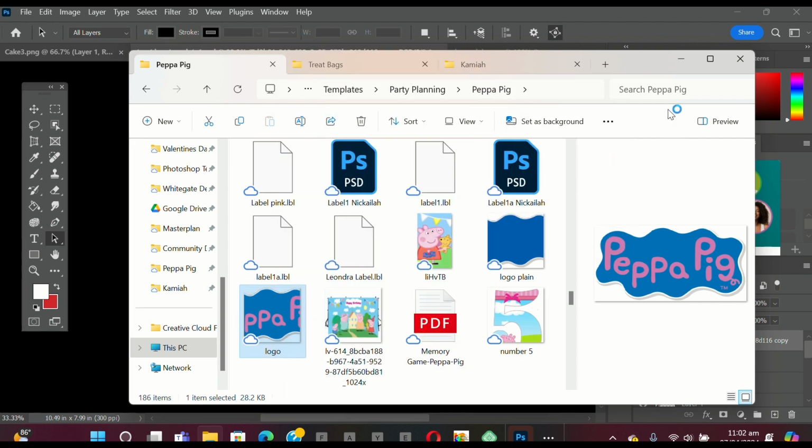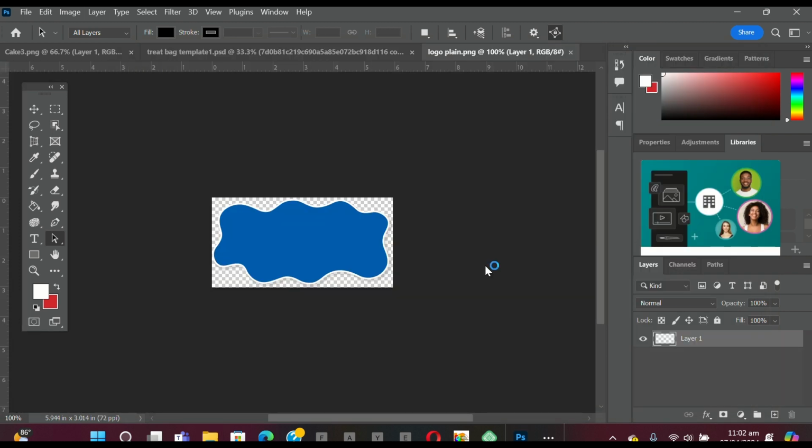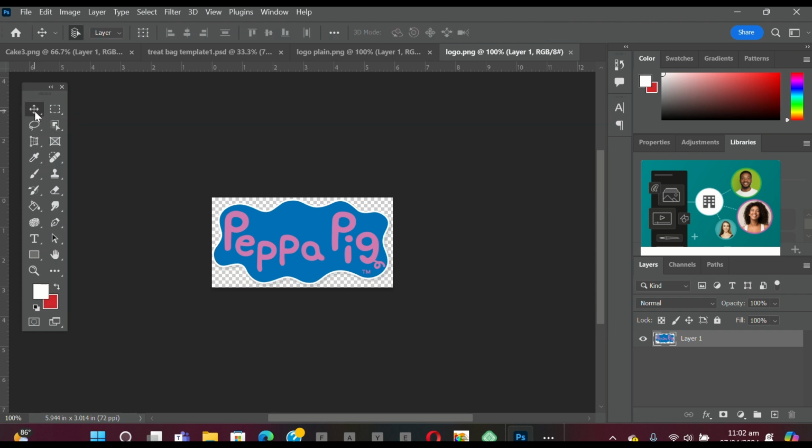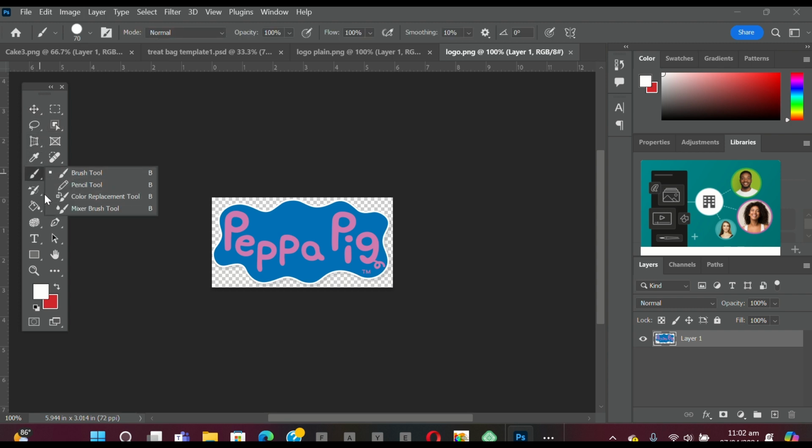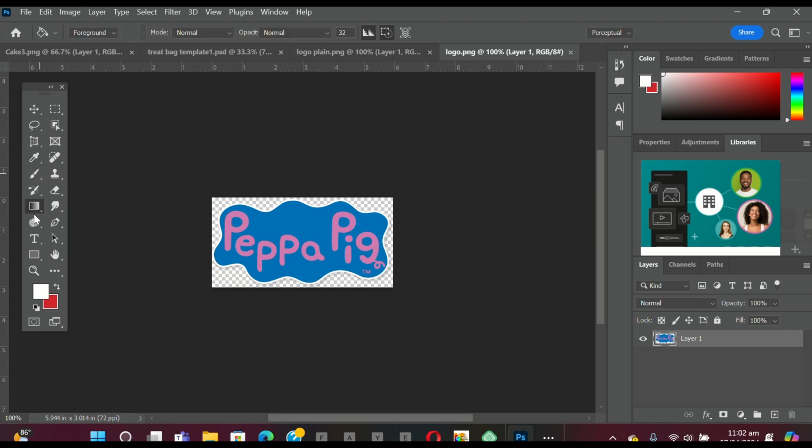So we want the 2 logos. One plain, which we'll put her name on, and one with the name. Okay, but if you can see, one looks dull and one looks darker. So I want the color of this one to go on the original logo with the name. So what I'm going to do is copy, not the brush tool, I want the fill tool, paint bucket tool. So we select the paint bucket tool